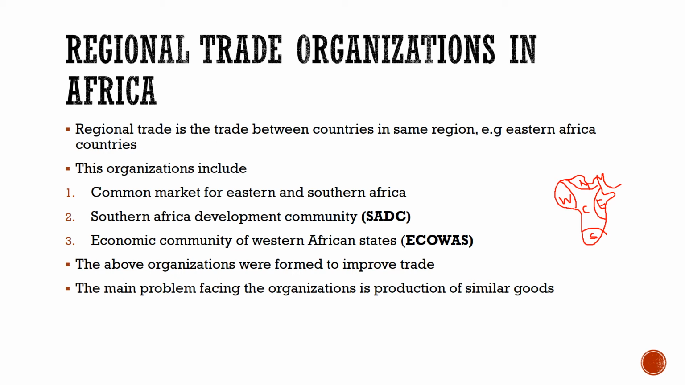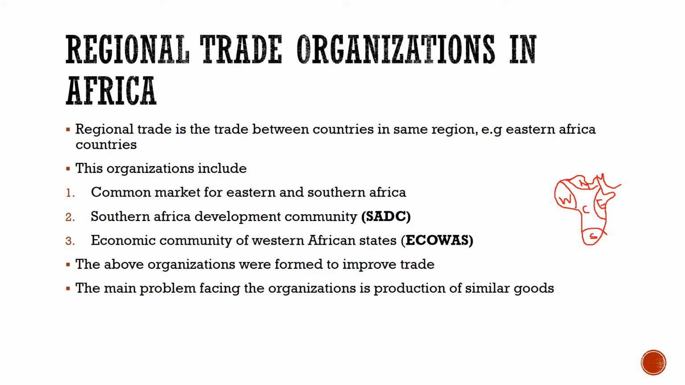3 major trade organizations. Before I just give examples, we have to understand what a regional trade organization is. Regional trade is trade between countries in the same region. Countries which are found in the same region, when they practice trade, that is what we call regional trade. Example,